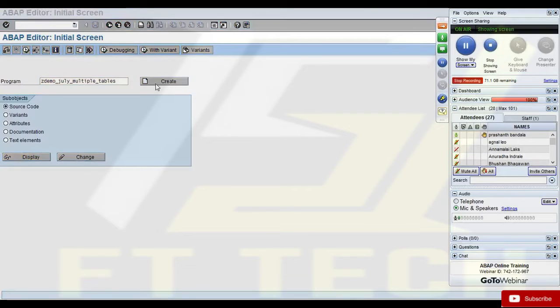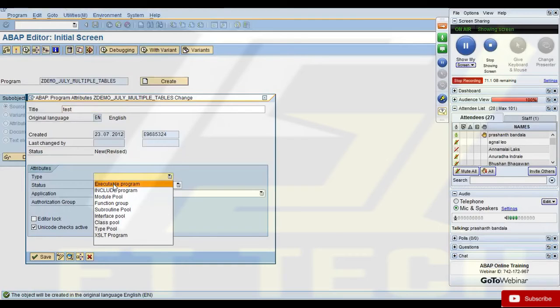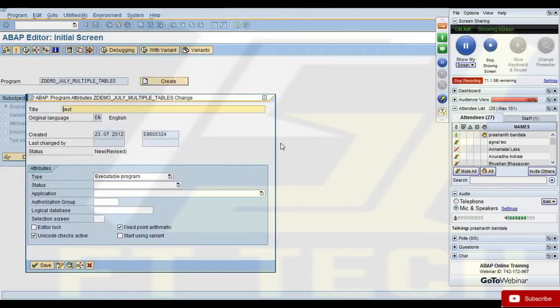Prashant? Hey Kiran, can you hide your GoToMeeting screen panel? Hide my screen? Yeah, minimize or whatever. Give me a second. It's kind of occupying the screen space. You shouldn't be able to see that screen actually. Is it fine now?